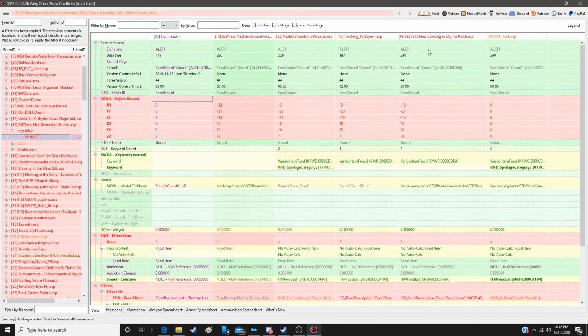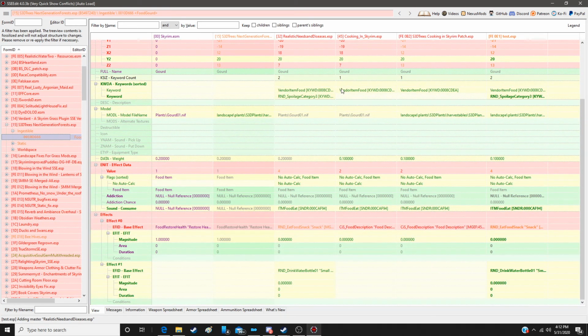We could put it back to vanilla, we still have the same issue. We put it back here, we still have the same issue. Problem is, this mod changes vanilla differently than this mod changes vanilla, and there is no way to resolve that conflict 100%. Here, you saw me move the keyword R&D spoilage over. This one we can fix the conflict